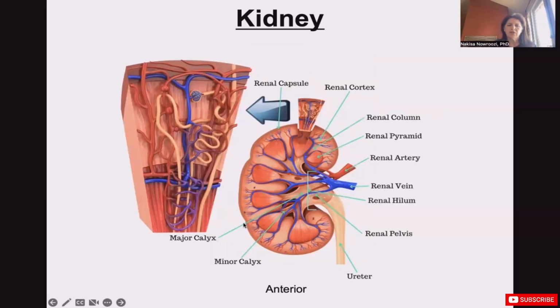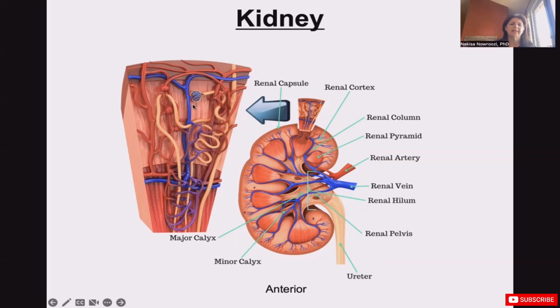Here again, I'm looking at the cross-section of kidney. You have renal column, renal pyramids, renal cortex, renal medulla inside, again showing us minor calyces. Together they make major calyces. From there we get to the renal pelvis. From there we get to the ureter. And renal hilum is the point of entry of these blood vessels, renal artery, renal vein, and renal pelvis. It's called renal hilum. Now I'm going to make a cut here, a pie here, and I magnify it here